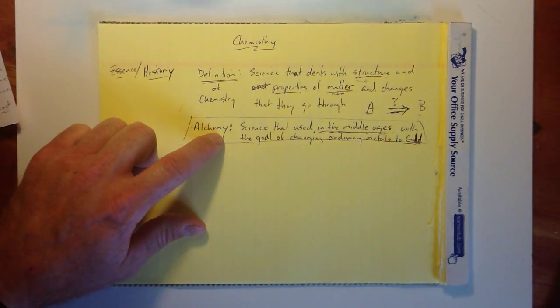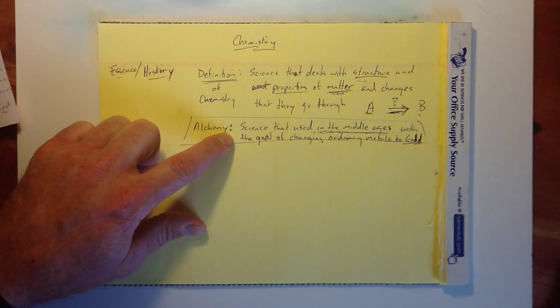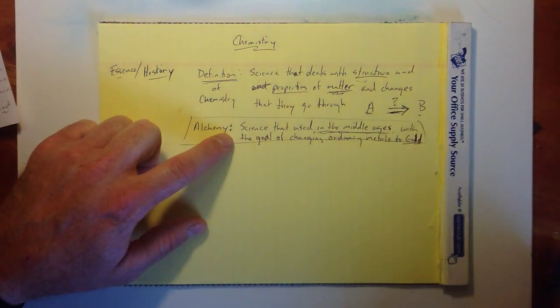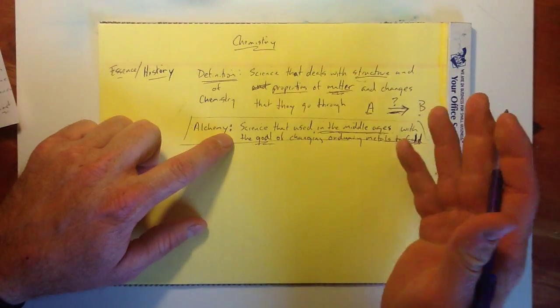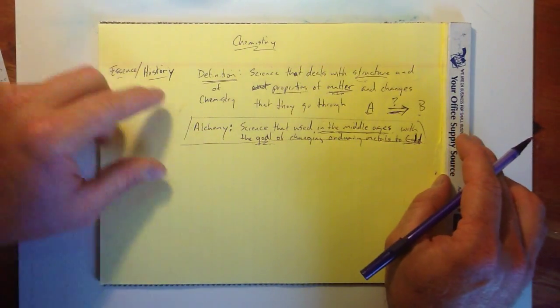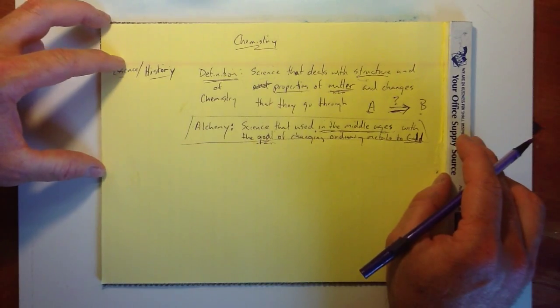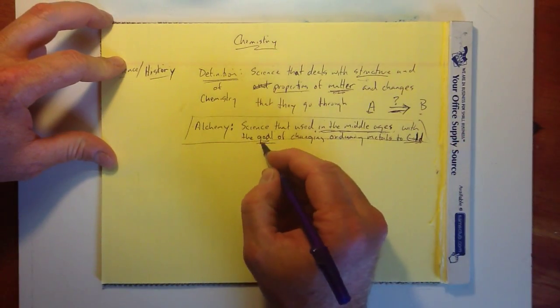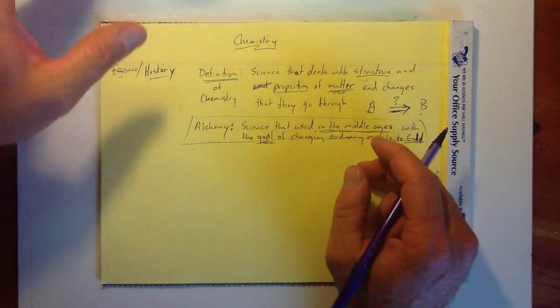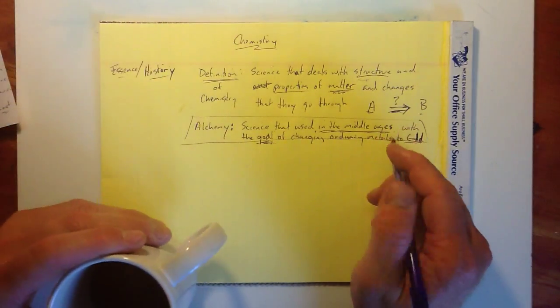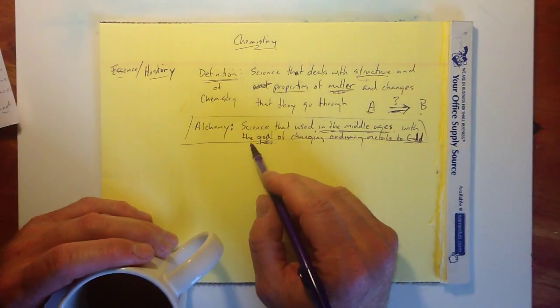They can be making elixirs of life or something out of plant materials, but it was very goal-oriented and, of course, lofty goals, things that would make you a lot of money or make kings a lot of money, might make the sick man well, things that are profitable. But it was a very speculative science.